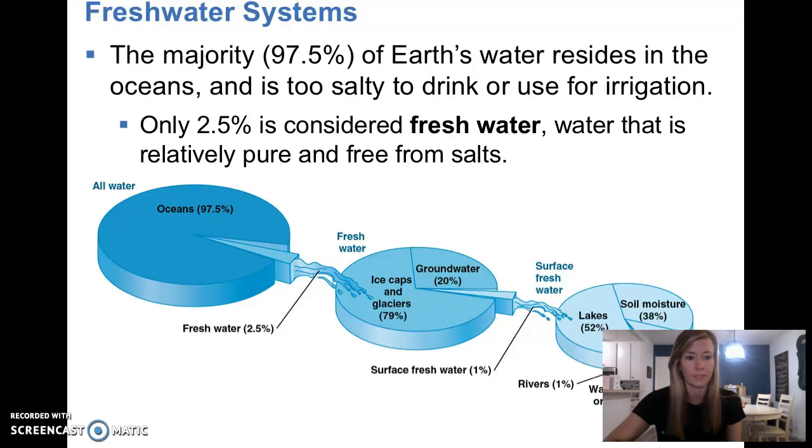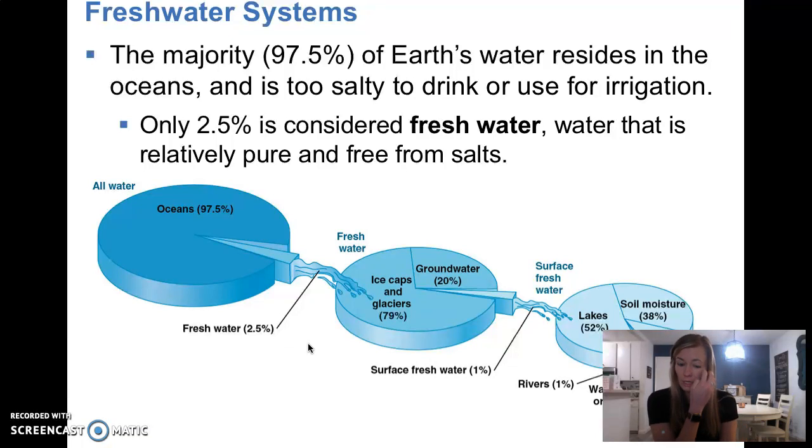All right, so we're on to chapter 15, and we're now talking about water. Water is obviously important for every living thing on Earth, and there's a lot of issues that go along with it. So this first chapter is about freshwater and all the issues that go along with freshwater, and then next chapter we'll move into the marine system, so all of the oceans and the salt water on the planet.